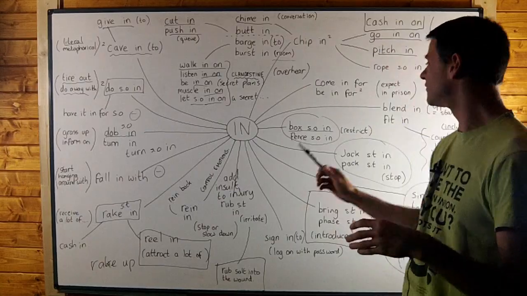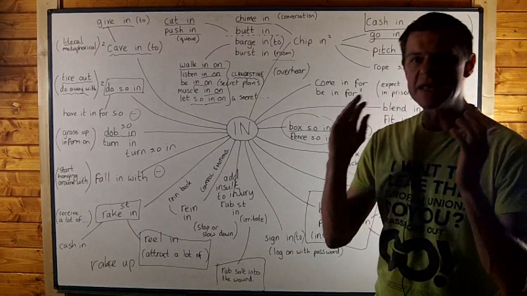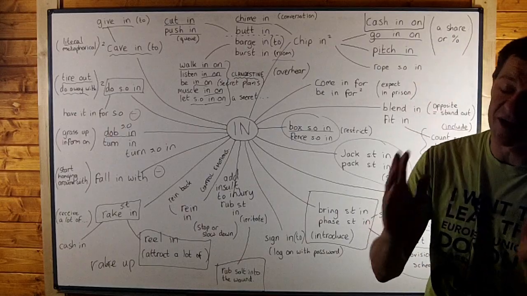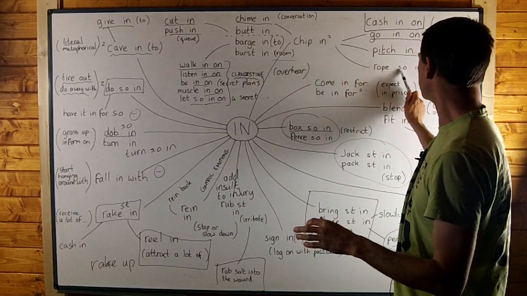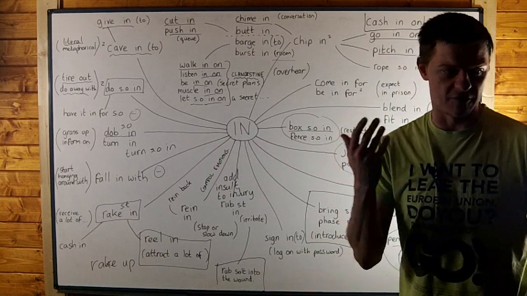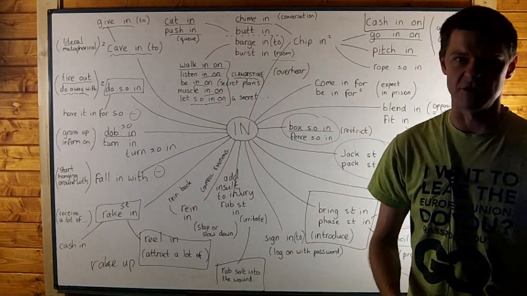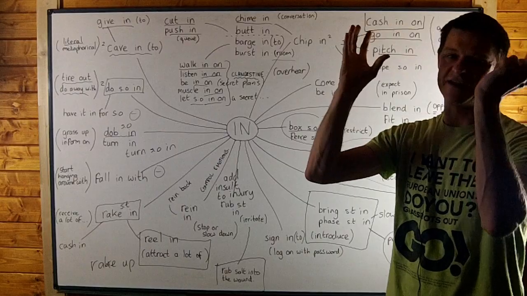And there was one which is quite similar, but not exactly the same. If you need someone to help you with something, you may need to rope someone in. So let's say you don't have enough players for your football team, and so you decide to rope in a friend of yours. It's a lasso phrasal verb, this.